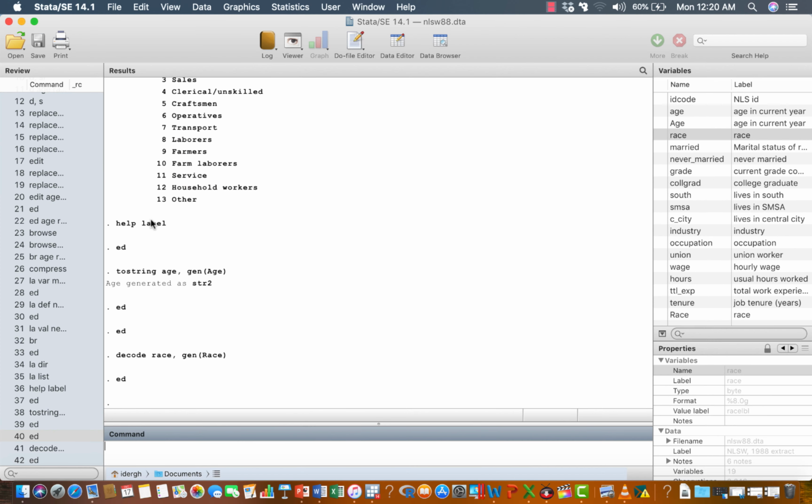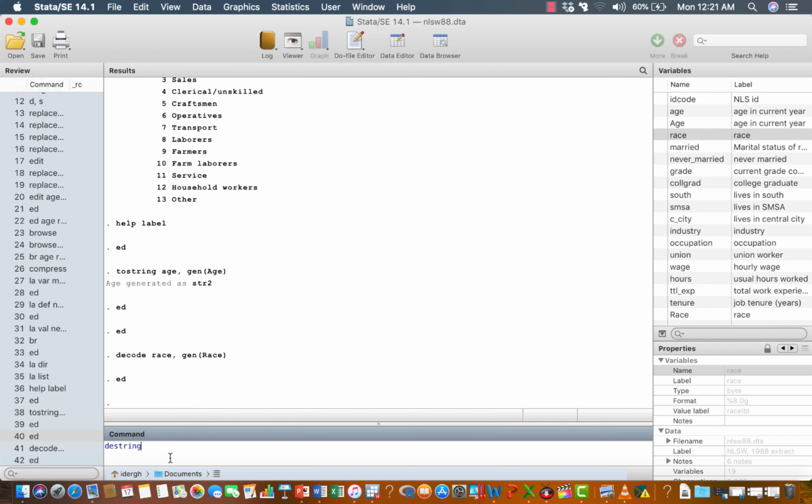Okay, how about assuming we have them in string and we want to send them to numeric? So now we have learned how to send them from numeric to string. What about the reverse? In doing the reverse, let's deal with the age first. Now, even though age is also recognized as text, however, it is numbers. And so to convert such string or text variables which are in numbers into numeric variables, what you do is that you use the command